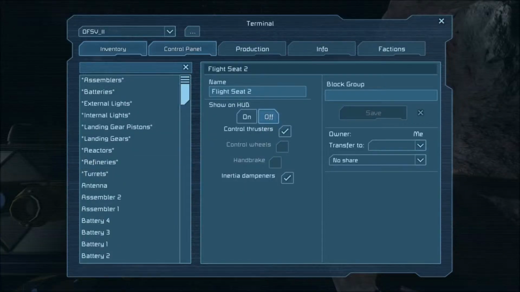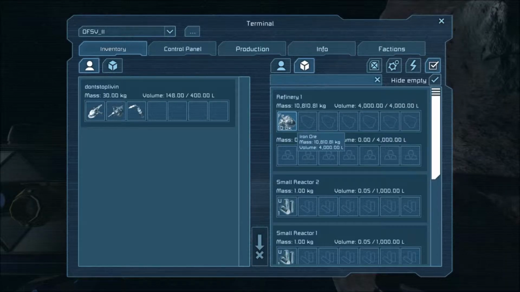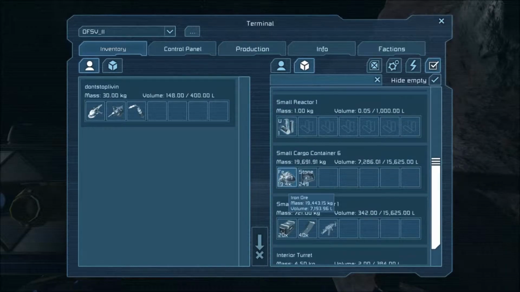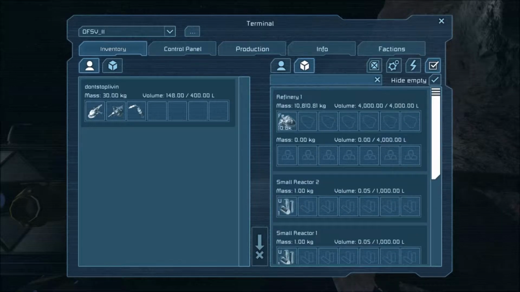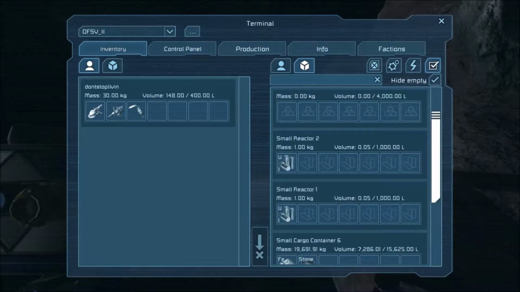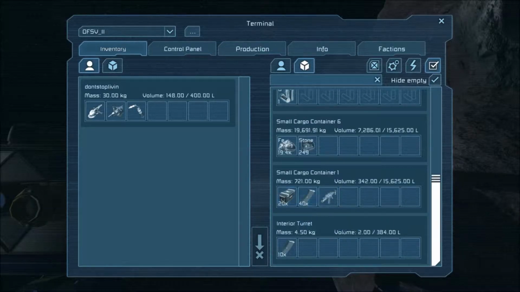And on that one single punch, we got about 10,000, almost 11,000 kilograms of material. Now your ship will spawn with fully charged batteries. Oh, we got more than that. Anyway, your ship will spawn with fully charged batteries, 1 ingot of uranium in each reactor, 20 Gatling ammo,